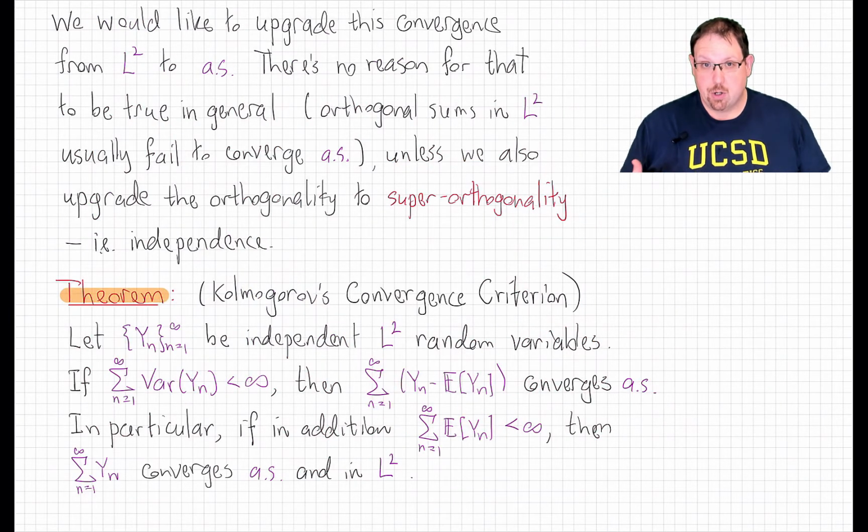In general, there's no reason to expect an L2 sum to converge almost surely, unless we upgrade the assumptions from orthogonality to superorthogonality, that is, independence. And that brings us to the main theorem of this lecture, Kolmogorov's Convergence Criterion, which exactly says that if we replace uncorrelated with independent in the assumptions, then the conclusion of L2 convergence can be upgraded to almost sure convergence